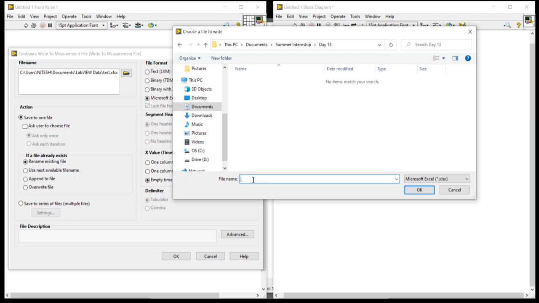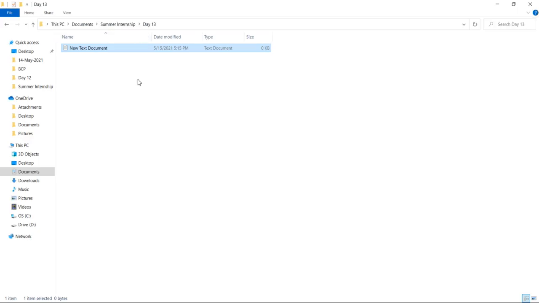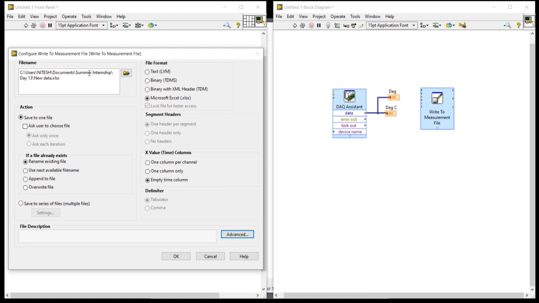Here I am going to write new data, and okay, because the Excel extension has already been selected. Now you can see the file name. There is no such file present inside here. Inside the data folder I have mentioned all these things.